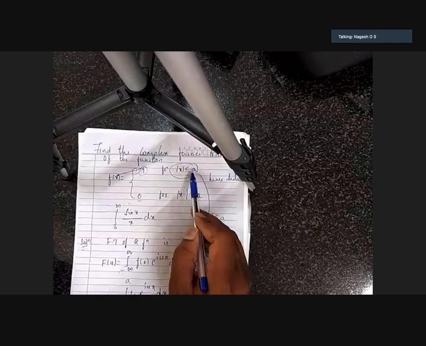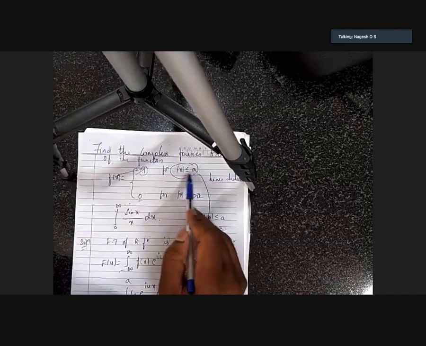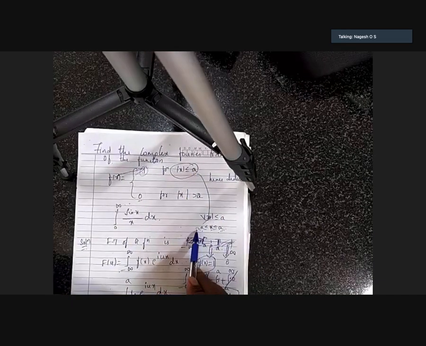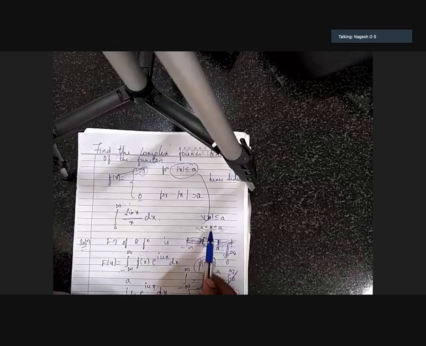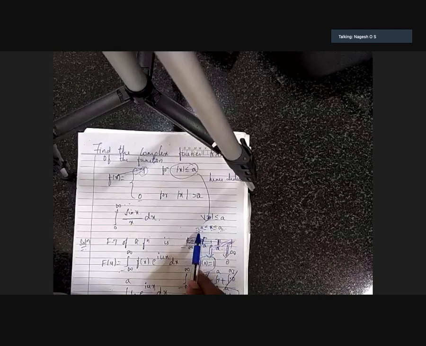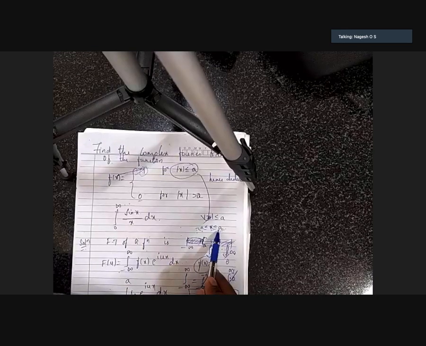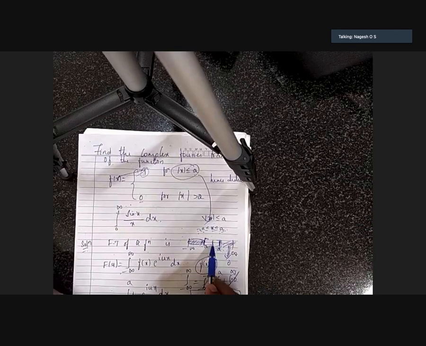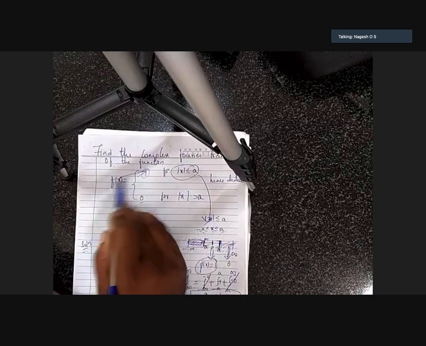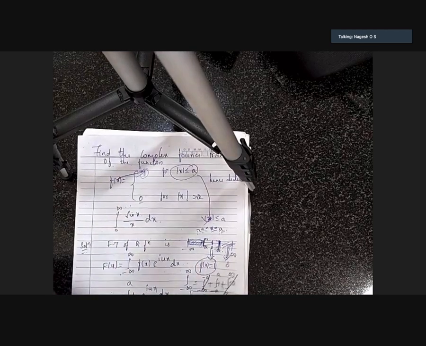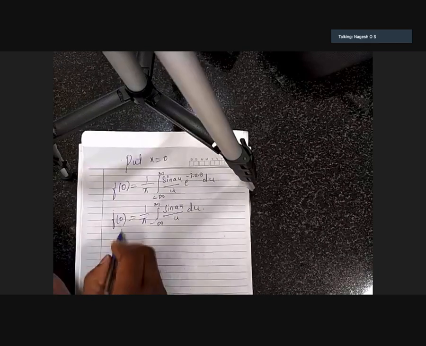If we come back to this problem, where is 0 lying? I told you mod x is less than or equal to a means we can also write this as minus a to a. If mod x is less than or equal to a, we can write x lies between minus a and a. So 0 also lies between minus a and plus a, right? Because if we cross the number line from negative to positive, only then a will come. So 0 is lying here only. Therefore, what is f of 0? 1. F of 0 is 1.